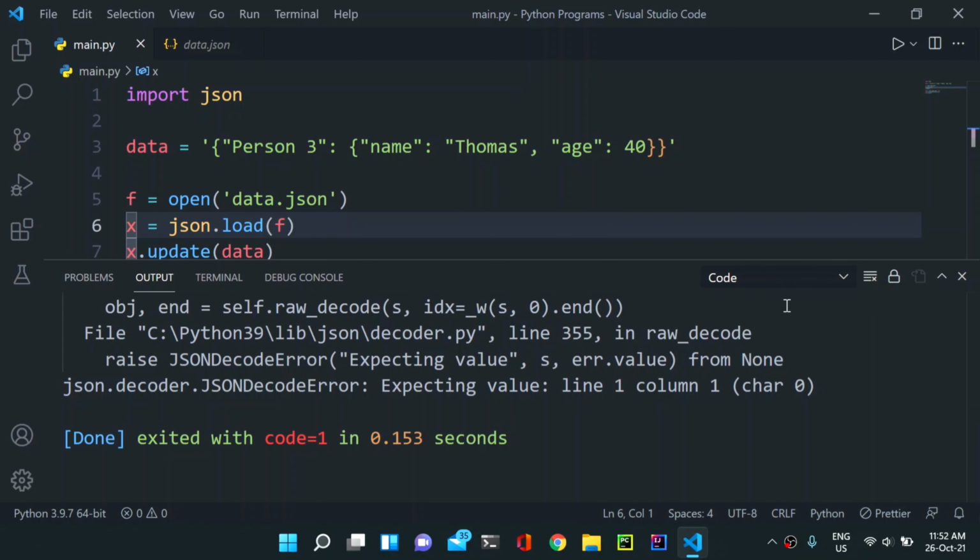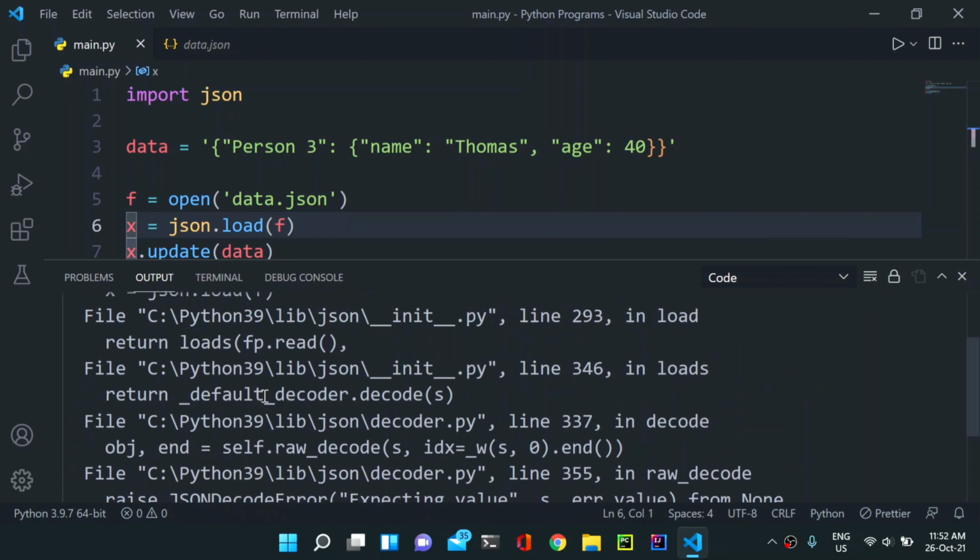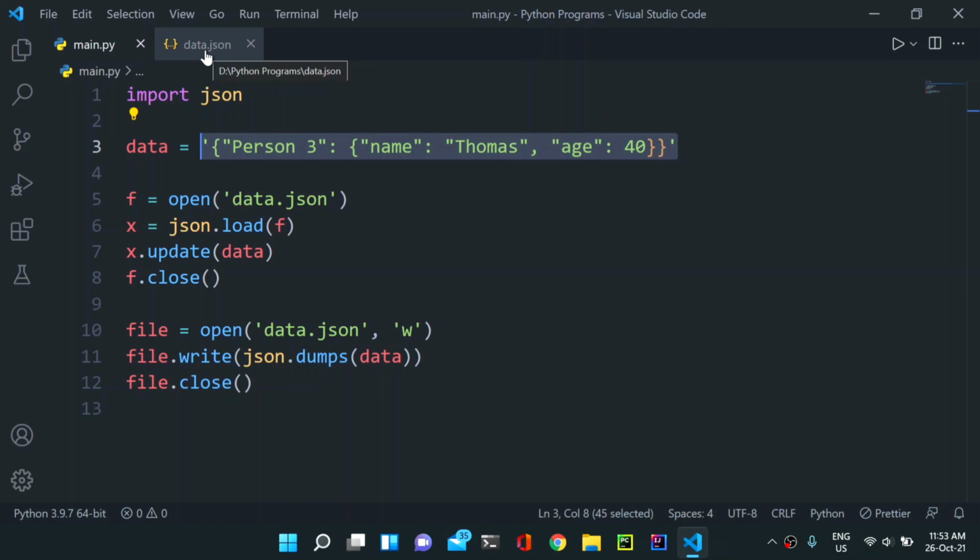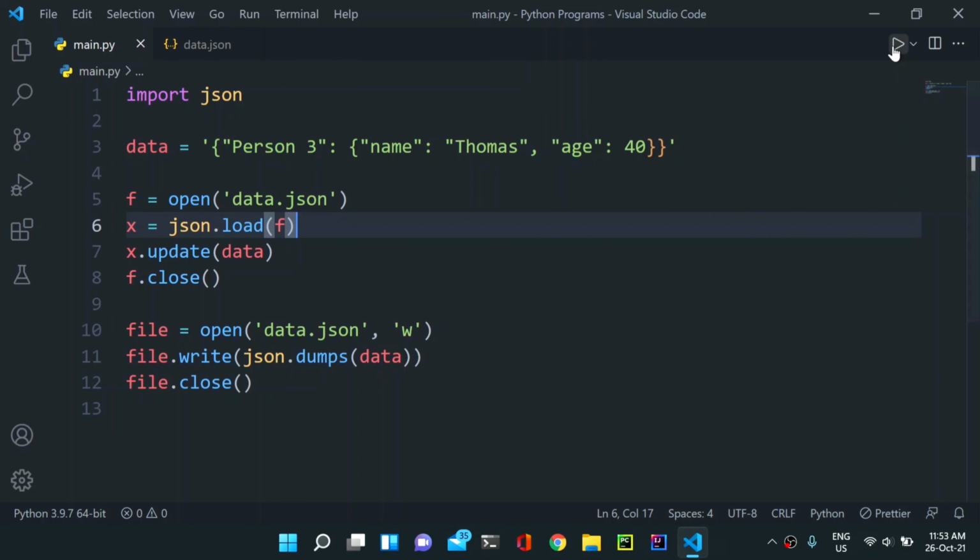So json.decoder has some error. Let me check it. We have no data in this file. By mistake, instead of copying that data, I moved that data while pasting it here. So that was the error.